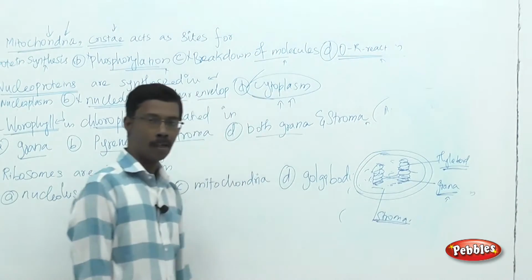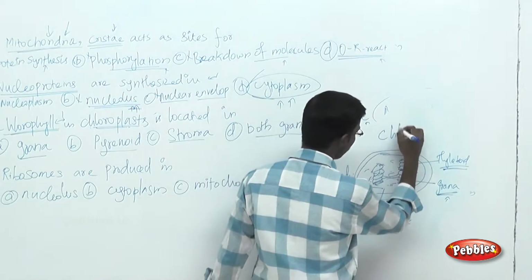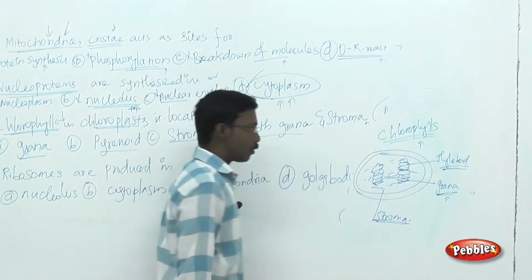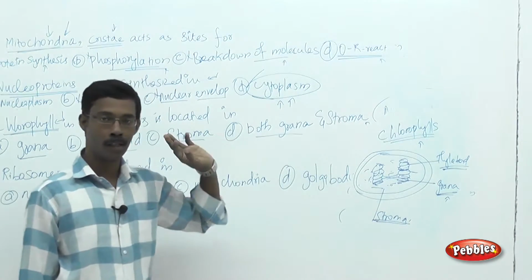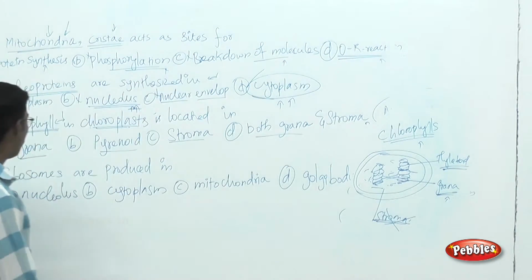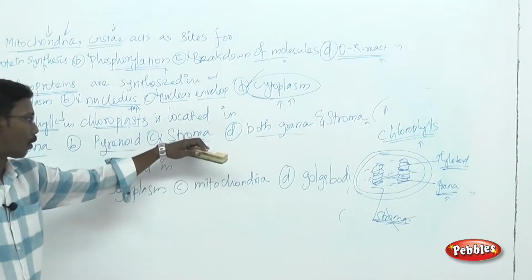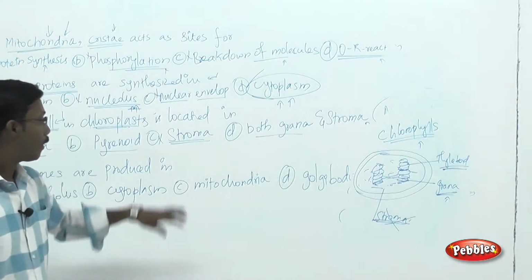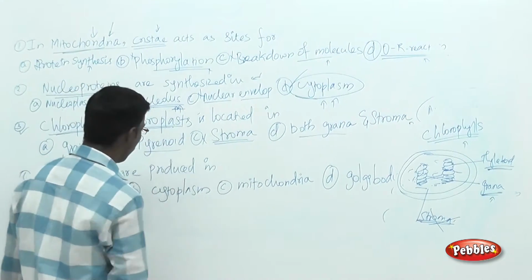So what is the question over here? The site for the pigments, chlorophylls. Just remember, the chlorophylls will not be there in the matrix, will not be there in the stroma. So the choice stroma is wrong. Come back to the choices. The choice stroma is wrong because it is just a liquid matrix. It will be filled with proteins and enzymes involved in photosynthesis. The pigments are absent from the stroma. So the stroma is the wrong choice.